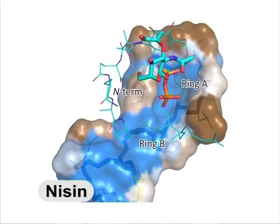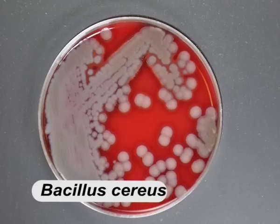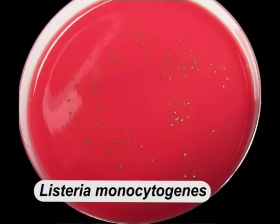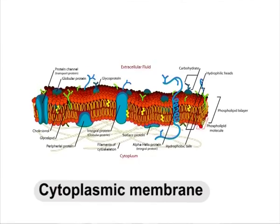In recent years, there has been a growing interest in the use of natural antimicrobials, especially nisin. Generally, they are active against food spoilage and foodborne pathogenic microorganisms including Bacillus cereus, Clostridium perfringens, Staphylococcus aureus, and Listeria monocytogenes. Nisin is a ribosomally synthesized peptide that has a broad spectrum of antibacterial activity, including many food spoilage pathogens. Nisin works by attaching to the plasma membrane of target cells and creating pores in the cytoplasmic membrane, leading to